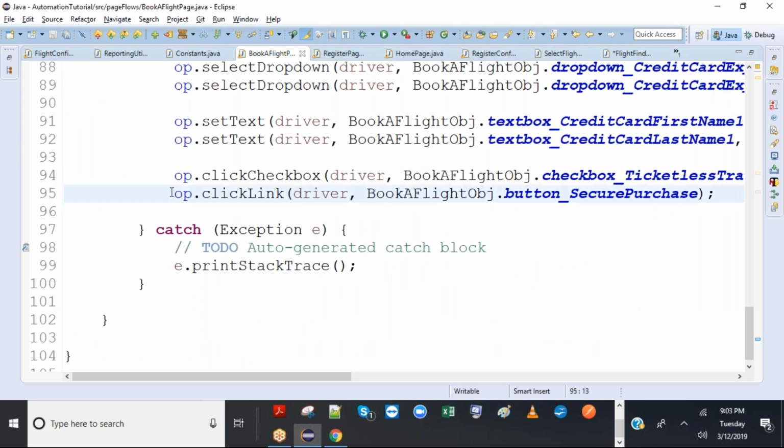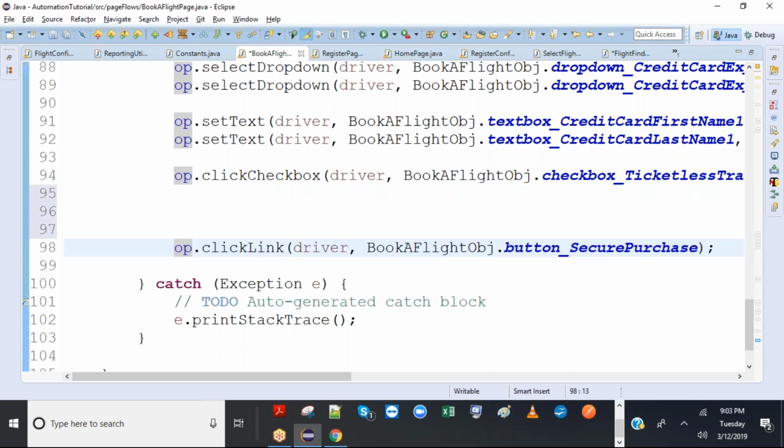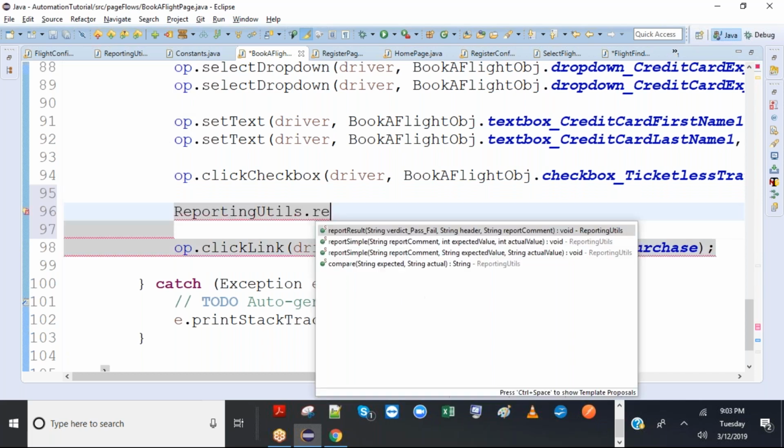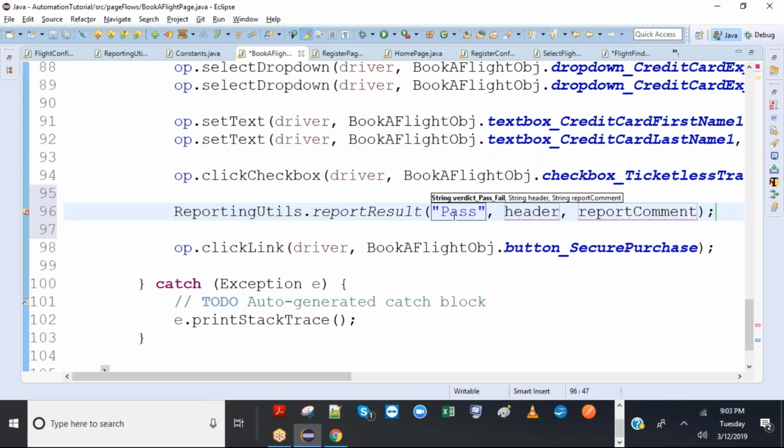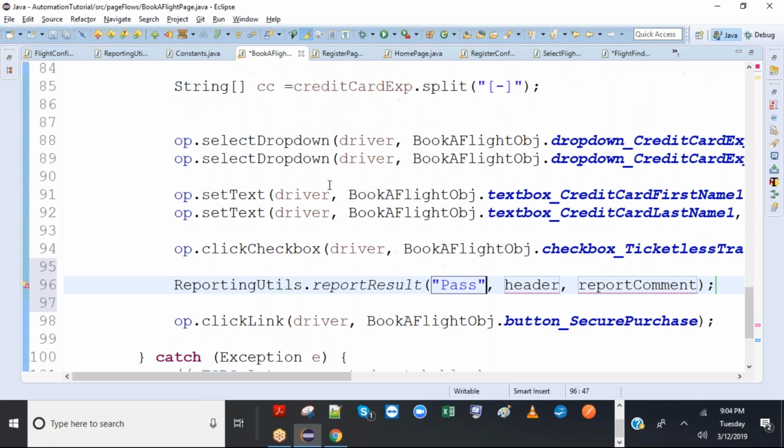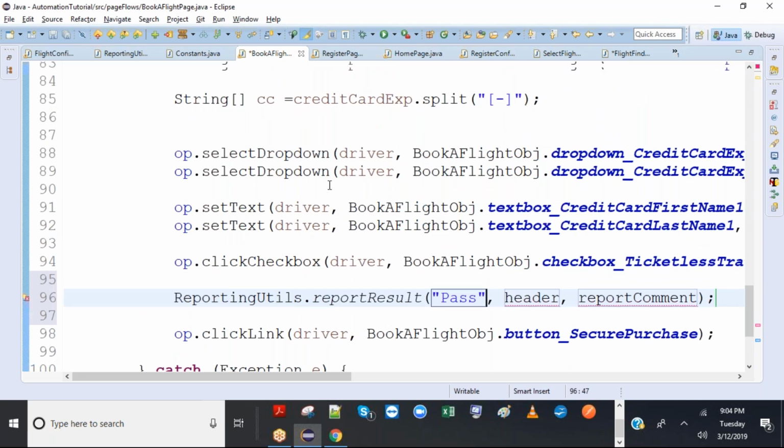Yeah, so this is the last link, and before this we can add it. So this pass we will calculate in the next class dynamically by checking all the verdicts, I mean all the validation points we put before, right? So if all the validation points are successfully passed, then we'll pass this pass. So that way it will be dynamic. So we just have to create a string variable and pass this.